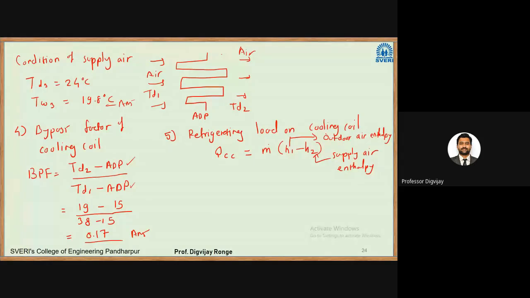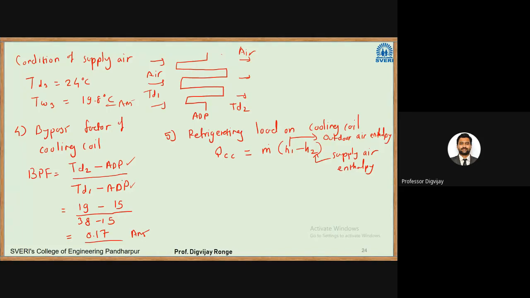One point should be noted here. In this case, first fresh air passes over the cooling coil, only fresh air, right? After passing over the cooling coil, it then mixes with return air. So the only air coming in contact with the cooling coil is fresh air in this case. There will be numericals where first there is mixing and then the mixed air is passed over the cooling coil, but in this case only fresh air comes in contact with the cooling coil.